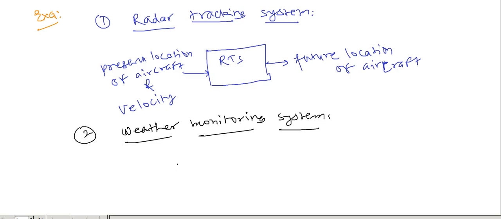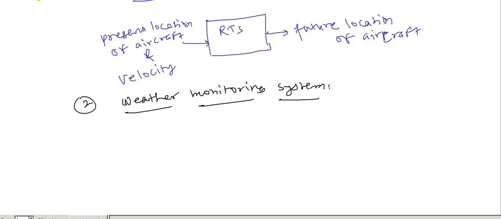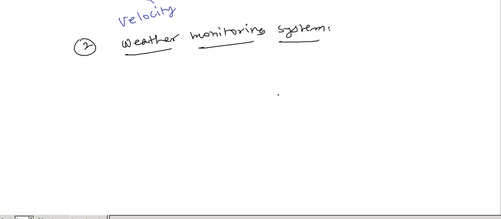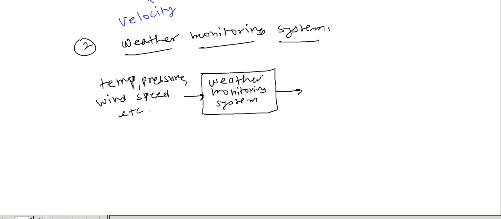It collects data from different regions, and for any particular region, it collects data such as temperature, pressure, wind speed, and so on. Based on this data, the system performs some calculations and it can forecast the weather. Okay,